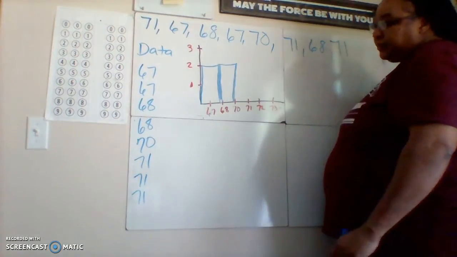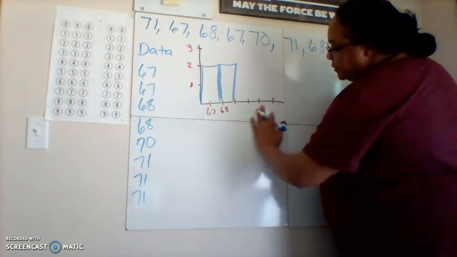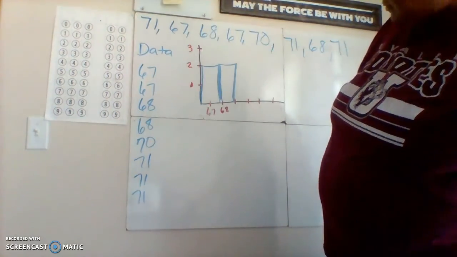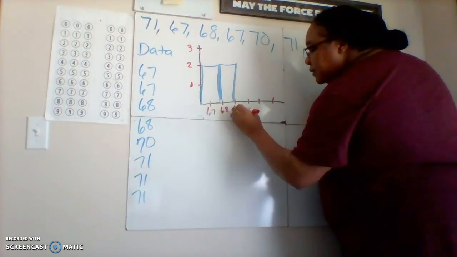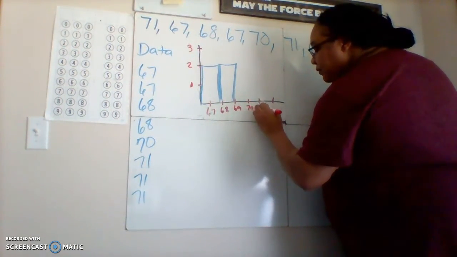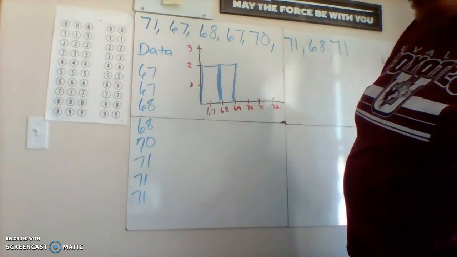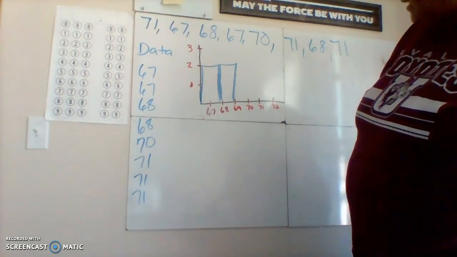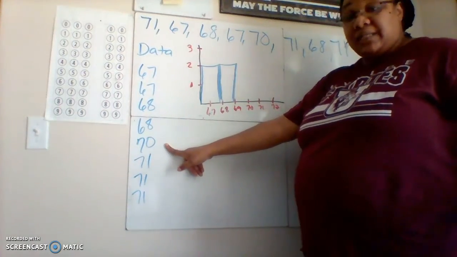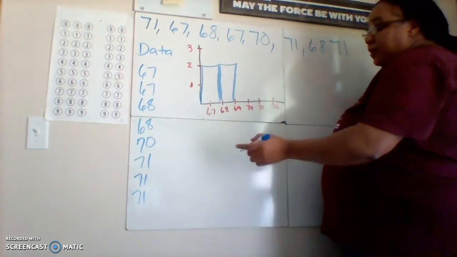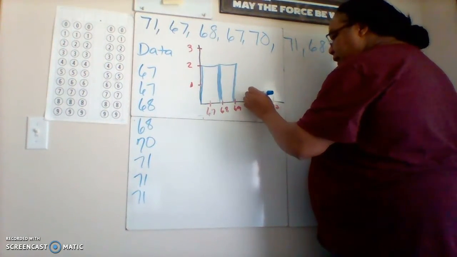Okay? And I should have made this different. I'm going to erase this. I should have made this different. 68, 69, 70, 71, 72. So make it a little bit different to make it even and accurate. My next one, do I have any 69s? No, I don't have 69s. Do I have 70s? Yes, I do have 70s. I have 1 70. So I'm going to start on 70. Create a box. 1